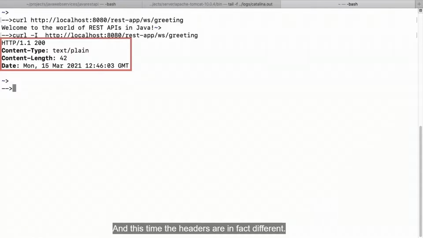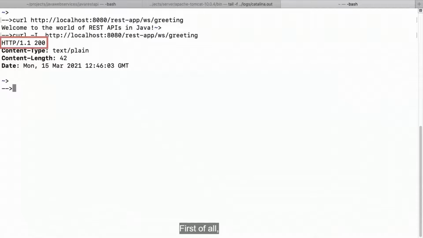And this time, the headers are in fact different. First of all, the status code at the top now says 200 exactly as defined within our response object. So 200 of course represents that everything is okay. And the content type, which was previously text/html, now is simply text/plain.